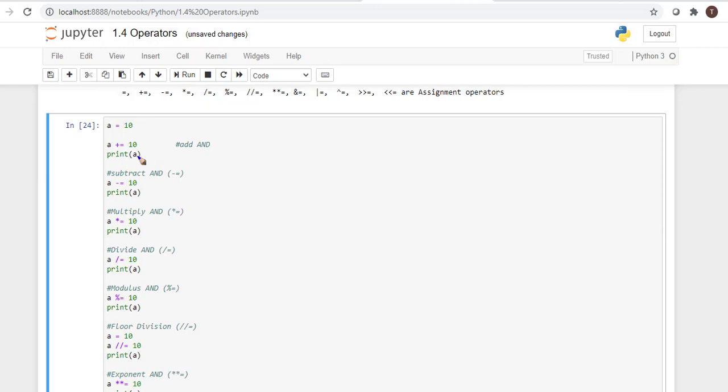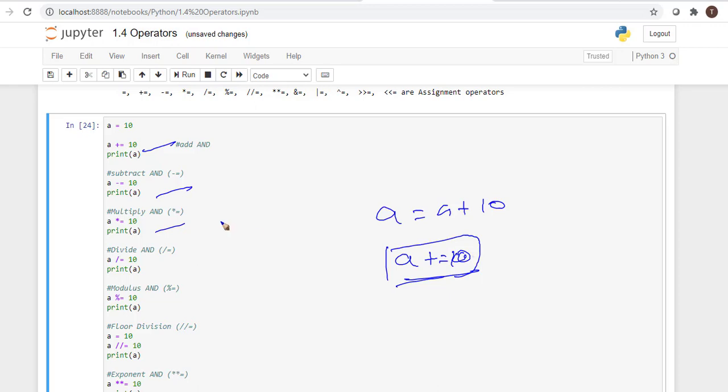In programming languages, compound operators are used a lot. So whenever, instead of using a = a + 10, we can simply use a += 10. For simplicity, we can use compound operators frequently in programming.